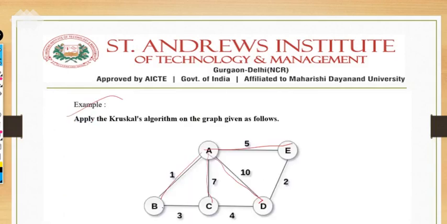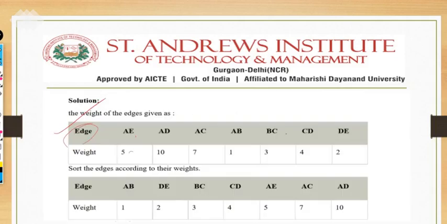Next, the remaining ones like B. What are the remaining connected ones here? BC with the 3 weightage, right? BC with the 3 weightage, CD with the 4 weightage, and DE with the 2 weightage. That also we have written here, BC, CD and DE, 3, 4, 2. So our tabular form is clear here. So no need to move on to the graph now. We have everything here, right? Weightage for each and every edge here, right?